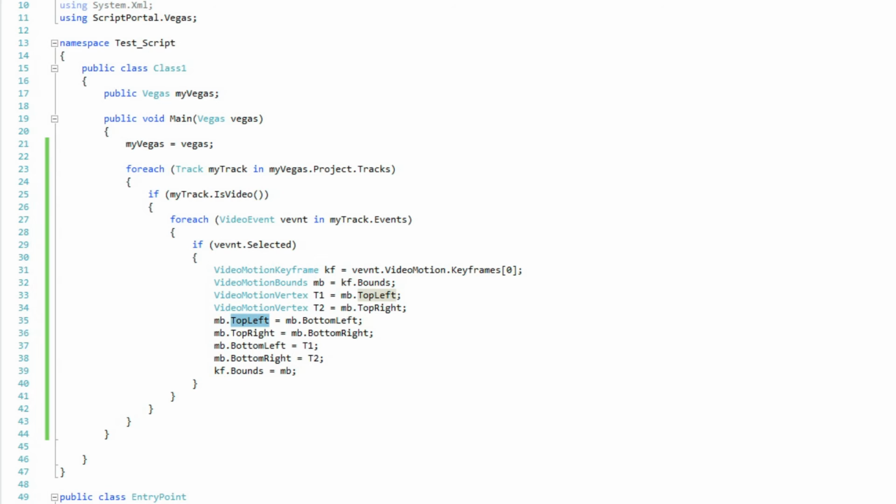So my top left equals the bottom left, my top right equals the bottom right. Then I'm going to set my bottom left equal to T1, which used to be the top left, and then I'm setting my bottom right equal to T2. Then once again we take our keyframe dot bounds and set it to the new motion bounds that we just changed. So we test this out,